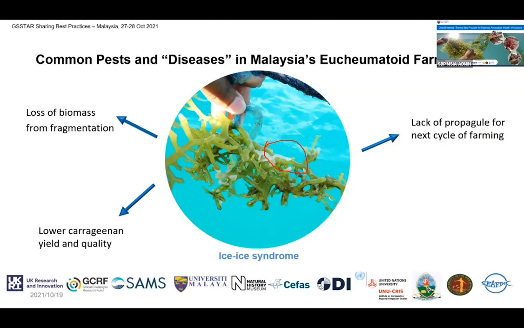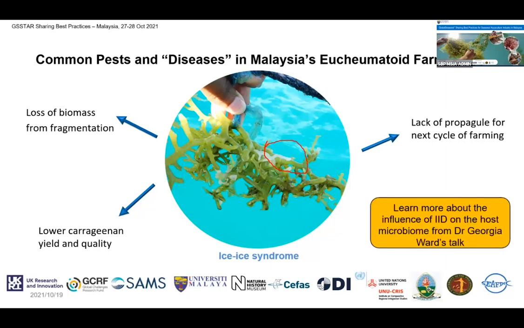And after an outbreak, there is also the issue of lack of new seedlings for proper use in the next cycle of farming. So this potentially triggers a biosecurity crisis when farmers source for new seedlings indiscriminately and in the process bring new pathogens into the surrounding water. The ice syndrome is often associated with unfavorable changes in environmental conditions and infection by opportunistic pathogenic bacteria. However, until now, no single or combined causative agents have been definitively identified.